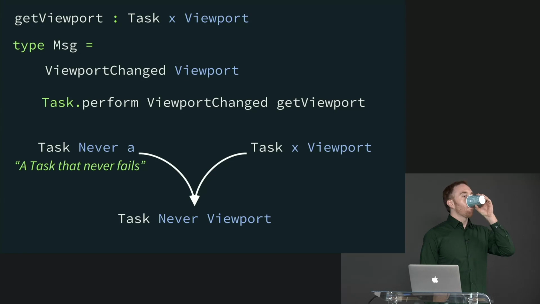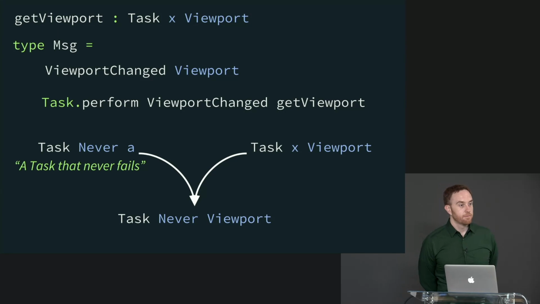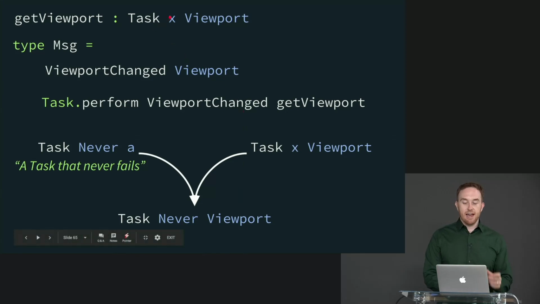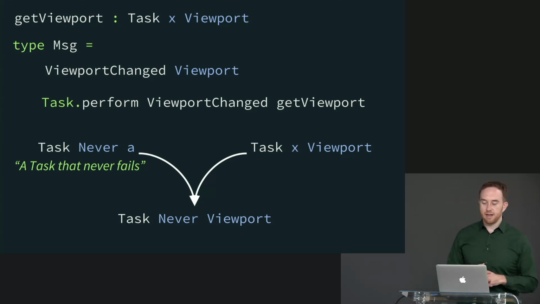Yeah? I'm assuming the reason that getViewport's error type isn't actually never is that it can be used with other tasks that are maybe less reliable. Yes, exactly. So the reason that this is not never, but rather an unbound type, is so that it is compatible with any other tasks. If you want to chain this together with other tasks, it's really important that it be compatible with them. If you're going to chain two tasks together, they have to have the same error type, or at least compatible error types, so that if something fails, Elm knows what the error type is that it's going to send to the message that represents that failure. So this can be chained together with absolutely anything because there's no chance that it's going to fail. So you just use whatever error type the other thing has. But that wouldn't be true if it were task never viewport.